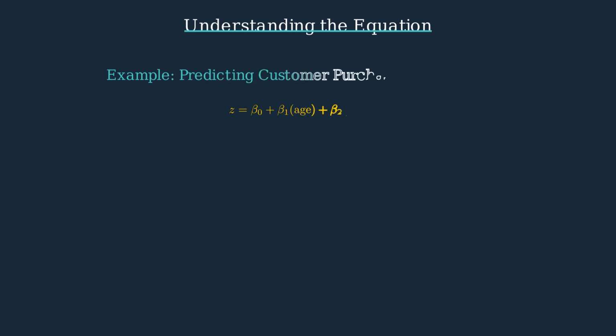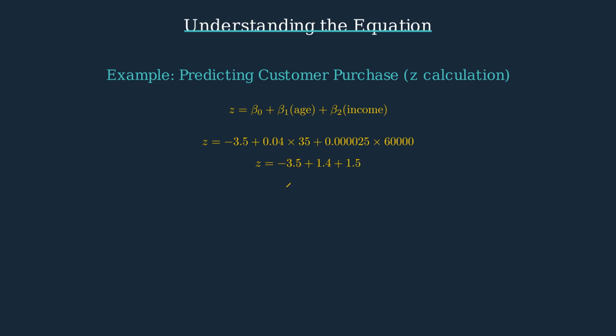Let's look at a practical example. Imagine we want to predict if a customer will make a purchase based on their age and income. If we have a 35-year-old customer with an income of $60,000 and our model coefficients are -3.5 for the intercept, 0.04 for age, and 0.00025 for income, we can calculate z as -3.5 plus 1.4 plus 1.5, which gives us